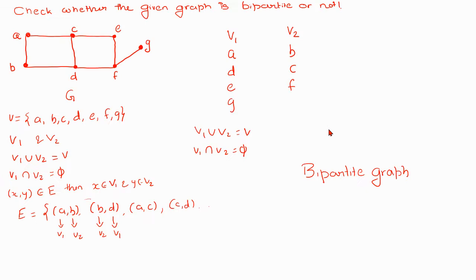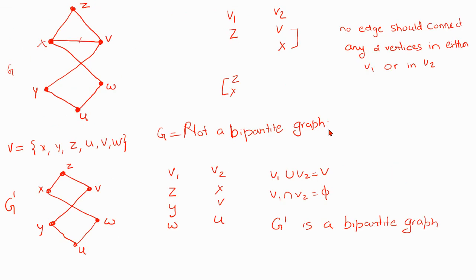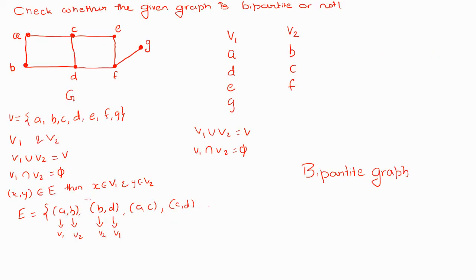Now if we look at this graph, this graph is a bipartite graph. We saw it here. But is it complete bipartite? If it was a complete bipartite graph, then there must have been an edge from A to B. A to B it is there. A to C it is there. Then there should have been an edge from A to F, but from A to F there does not exist an edge. Therefore, this is not a complete bipartite graph. This is only bipartite.